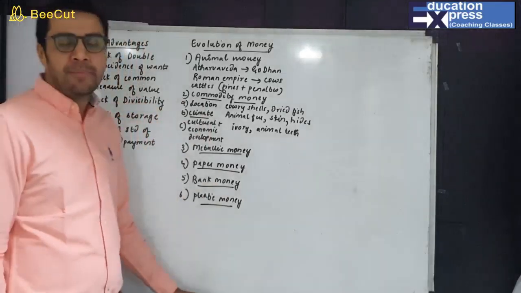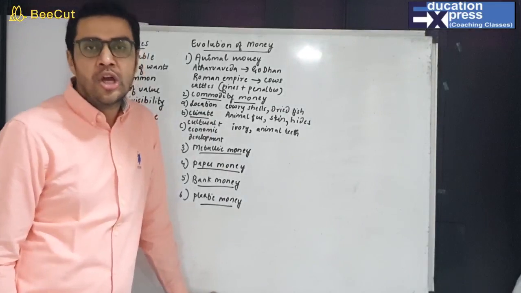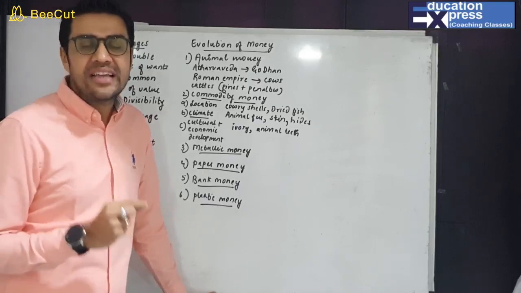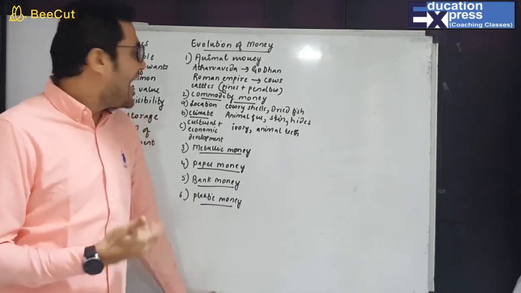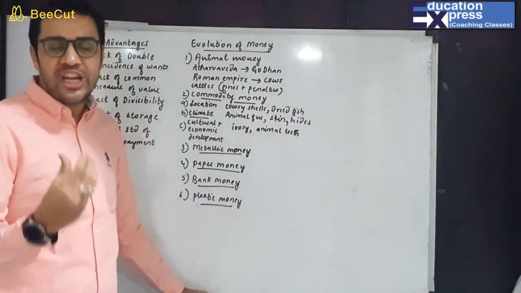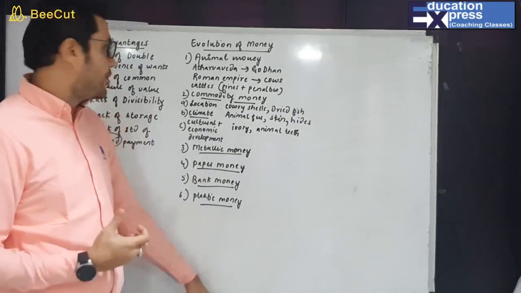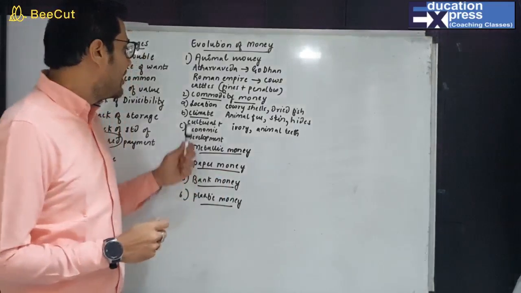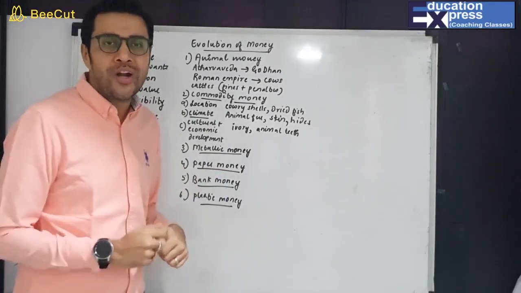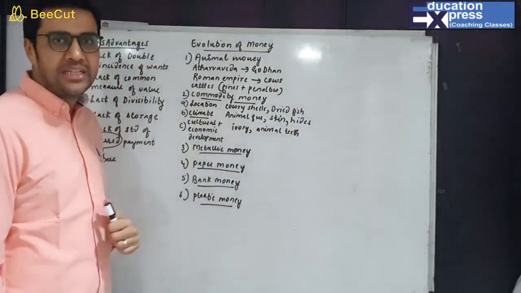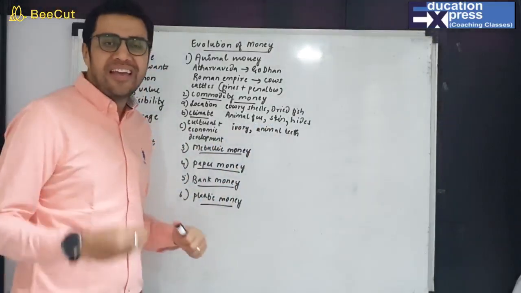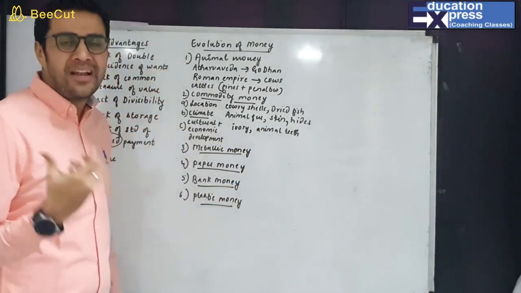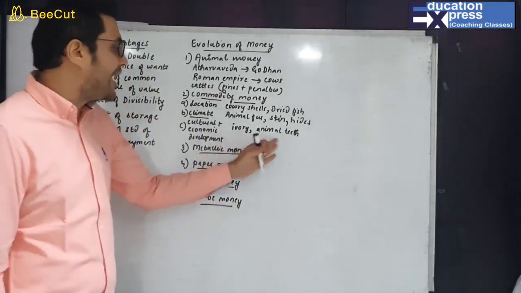So these are the stages in the evolution of money. The first one was animal money, where in the Atharva Veda also it is written Godhan, that is cow, was considered as wealth. In the Roman Empire also, cattle and cows were taken as fines and penalties. After that came commodity money, where goods were exchanged for goods. So it depended upon the location. If you're located near a seashore, then cowrie shells and dried fish were used as money. If you're staying in a cold climate, then animal fur, skin and hides were used as money. And culture and economic development: if the culture of the tribal people is to use ivory, the teeth of an animal, lion or whatever it may be, they used to use that. For them, that was the commodity.